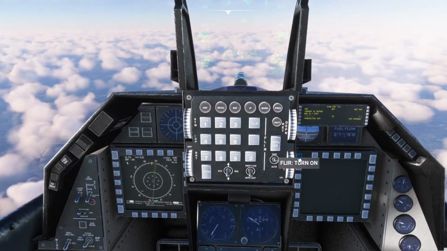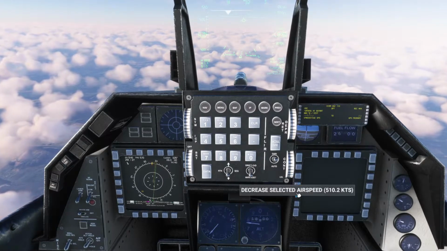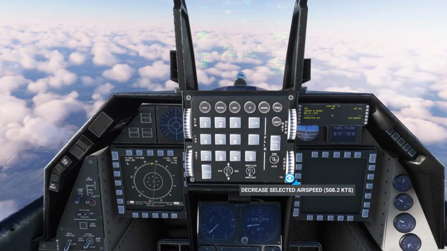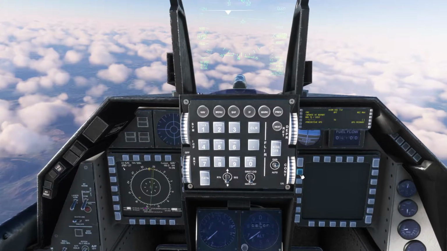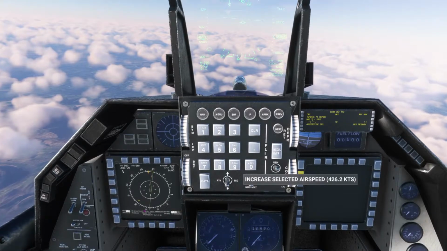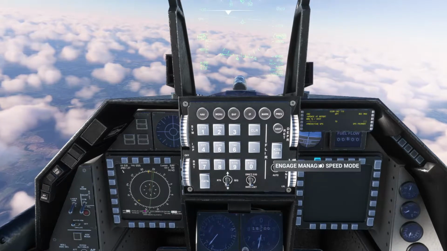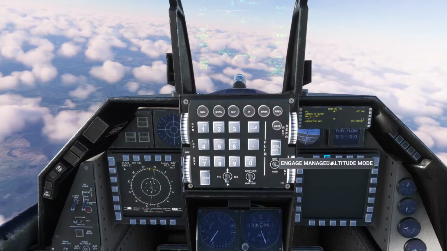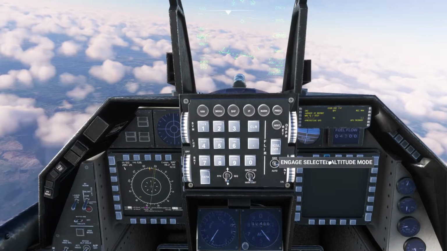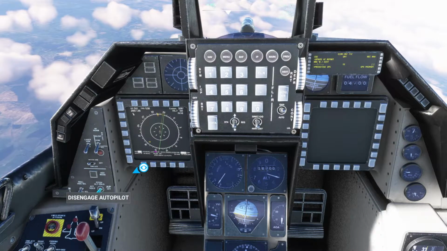320 knots, or no. Okay, decrease airspeed to 450 knots. Will do me fine. 430 knots, there we go. Engage managed speed mode. Engage managed altitude mode, yes please. No, select altitude mode. So if I then go alt hold,